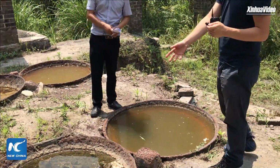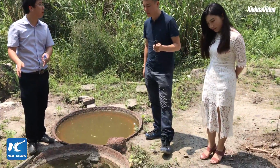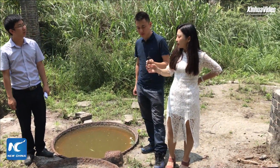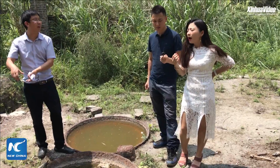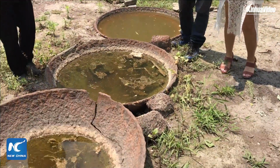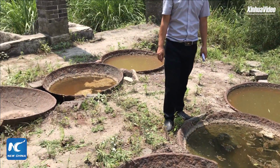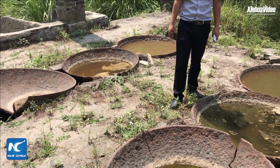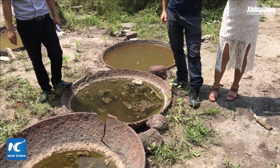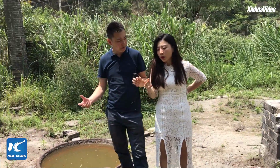So we can see there are iron pans, 6 iron pans. Yeah, 6, and the people used to transport the Saline Spring from pipelines, just from the site we just seen, the springs, the Saline Spring residents to here, and people can boil brine,